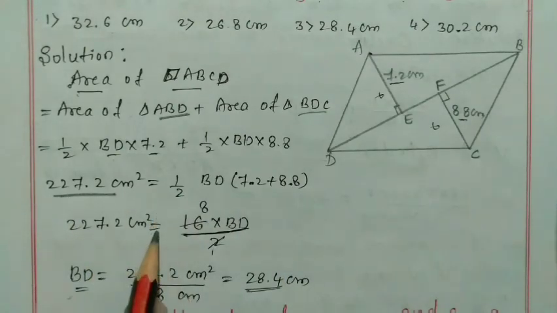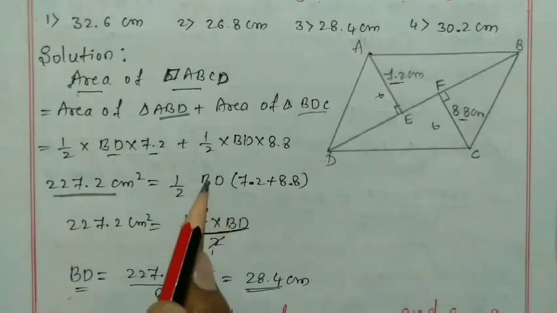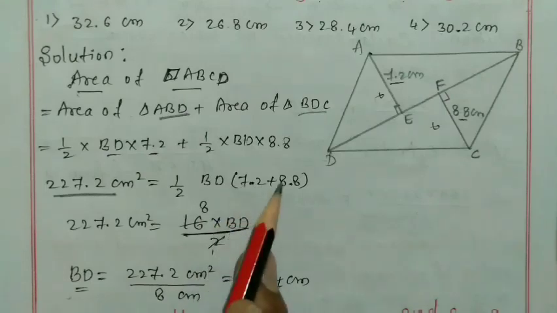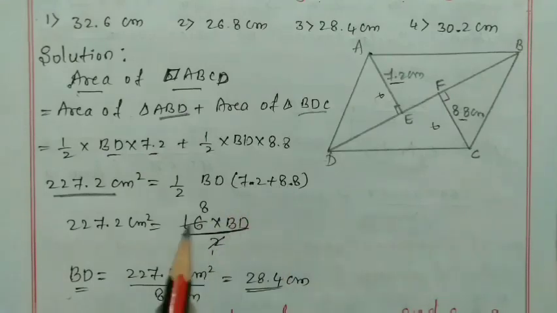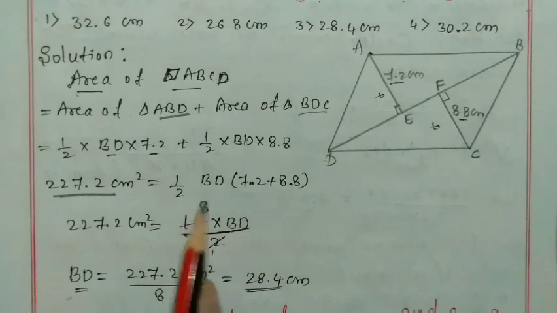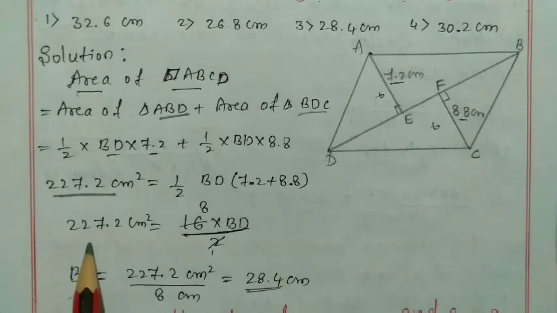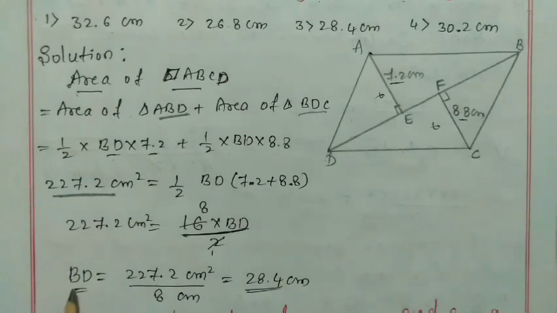This you can write as it is, which equals 1 by 2. You can write BD, 7.2 plus 8.8. The sum of these two is 16. So BD you can write as it is, this 8 you can bring to this side, then this becomes divided by. So therefore BD is equal to